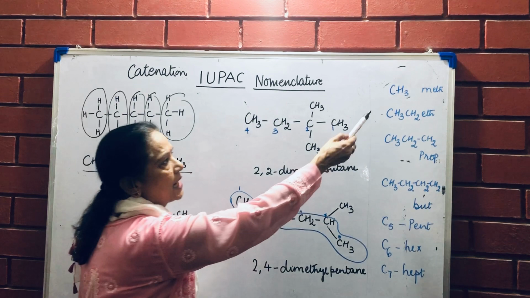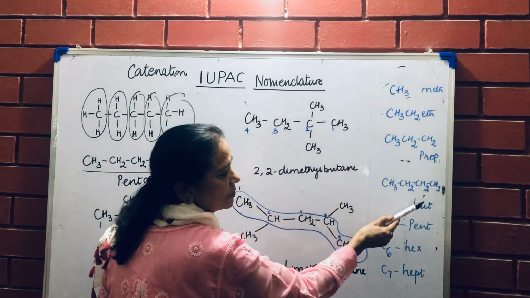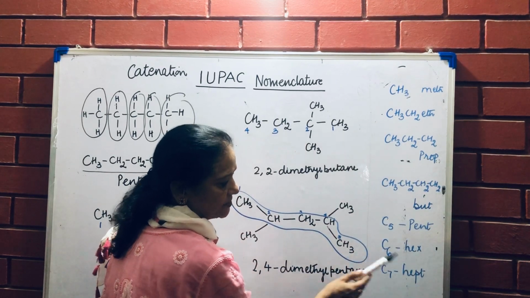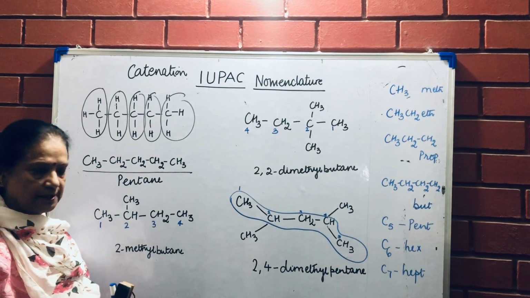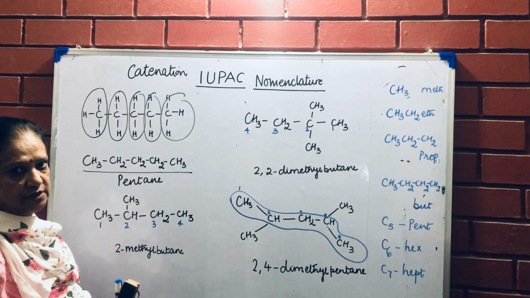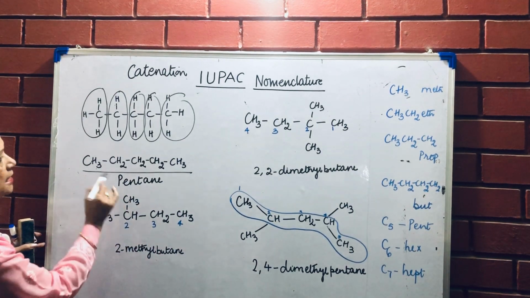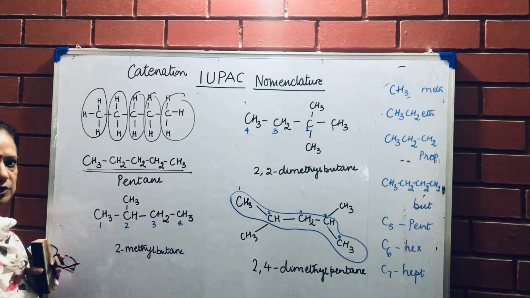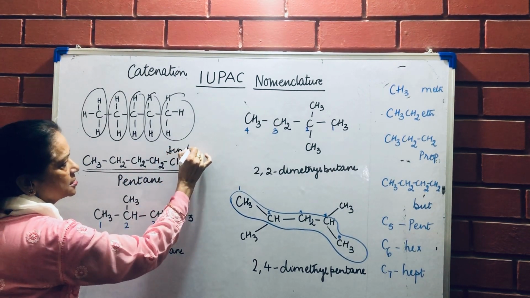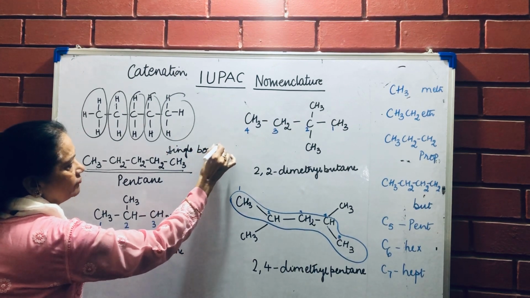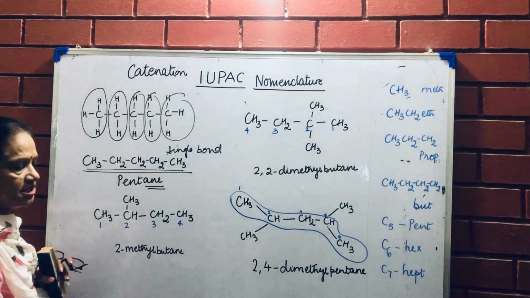If you remember, in class 10 you had learned one carbon atom is meth, eth, prop, but, pent, hex and hept, depending upon how many carbon atoms are present in the chain. So in a continuous chain, we are looking at carbon atoms attached in a continuous chain. Since this contains only 5 carbon atoms and all of them are single bonds, and if there is a single bond, we will call them ane. So the compound becomes pentane.